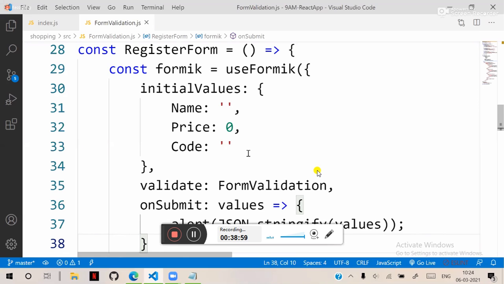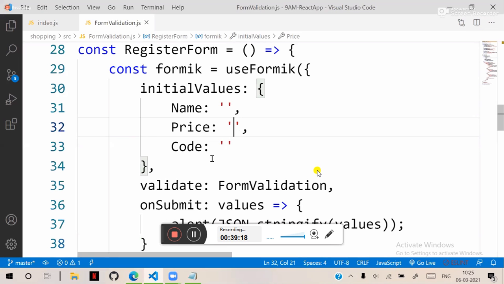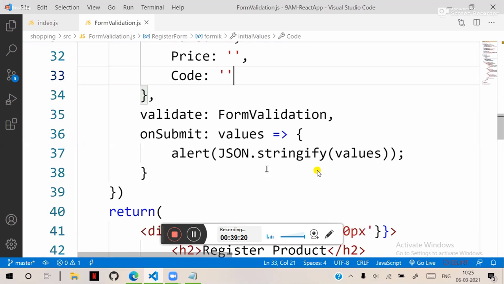That means here we are having initial values, all of them. Initial values I am configuring all of them. Suppose if I keep it empty, that means you see price is empty, it's not having any value. But see, when I click register, all messages are coming. It should not be like that. What we want is the message should fire up